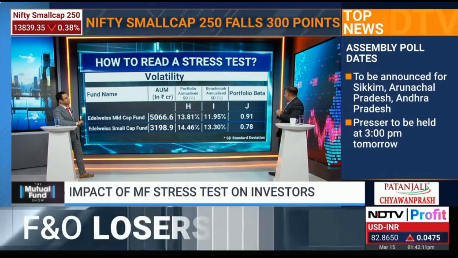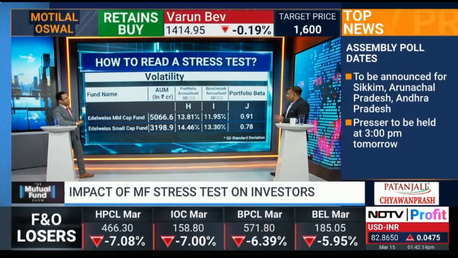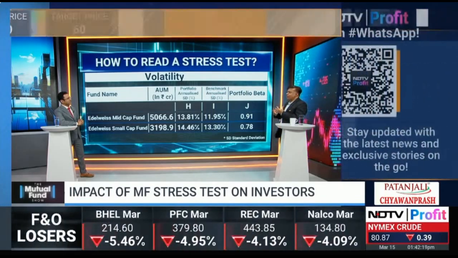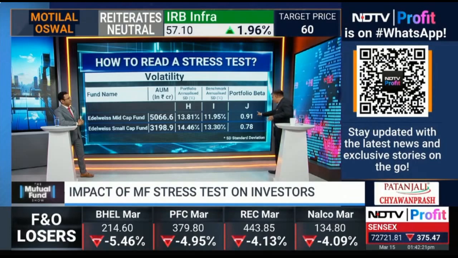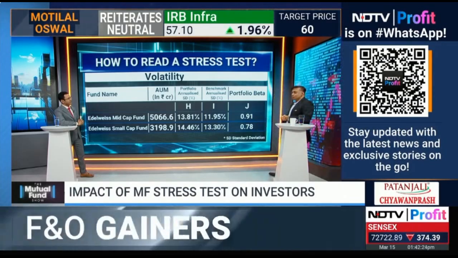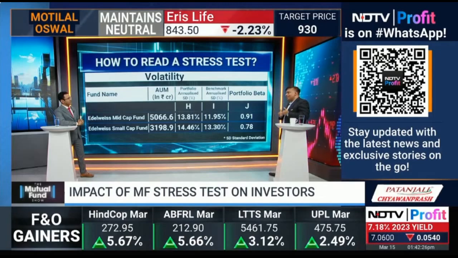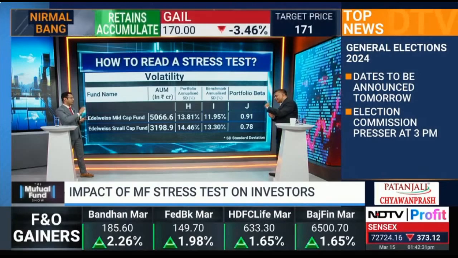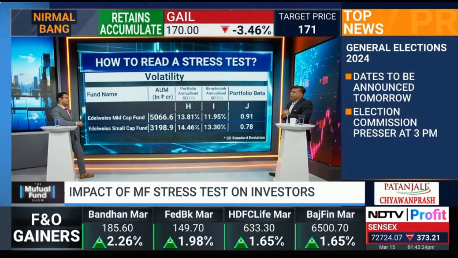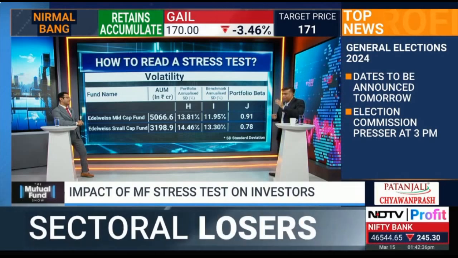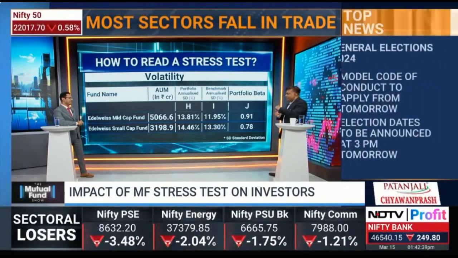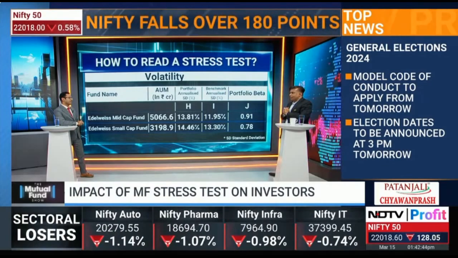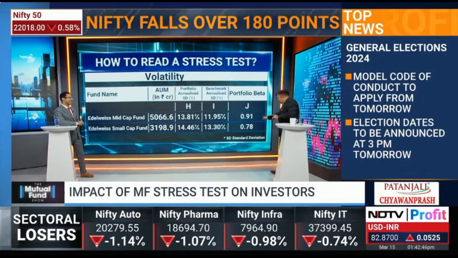And the final bit that I would come to is the beta. This in a way tells investors where the portfolio is going to stack up better. So on days like this, a portfolio beta of less than 1 holds true in the sense that we will probably fall less than the broader market. So if the index falls by 1%, you fall by 0.9 or 0.78. Correct. On the days when the index falls by 5%, particularly in mid cap, which happened yesterday, these numbers are particularly comforting for risk-averse investors who think that their portfolio should fall less. So a number less than 1 is particularly good.